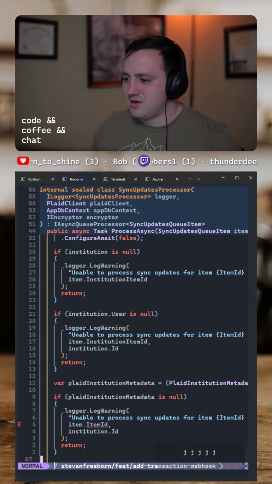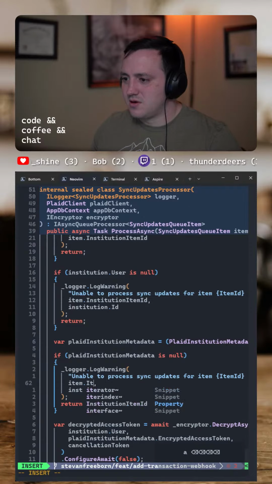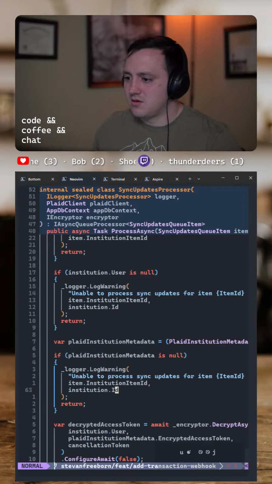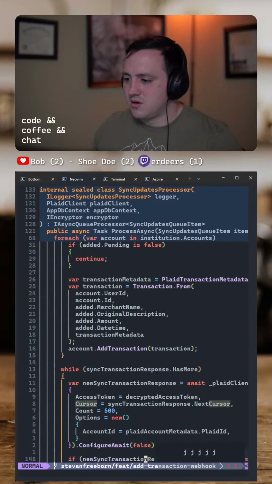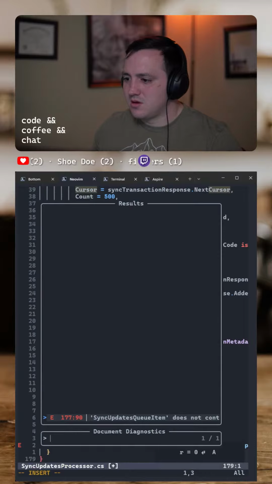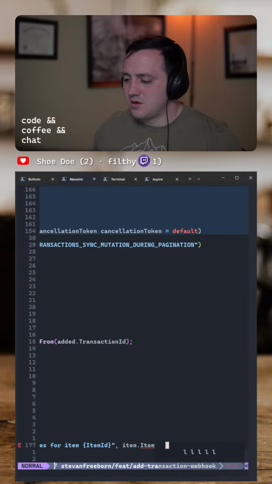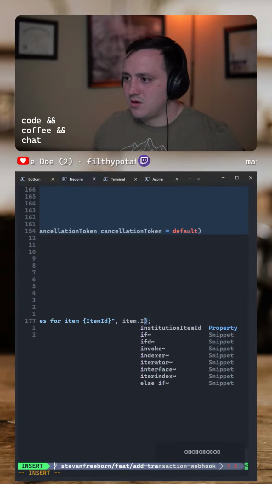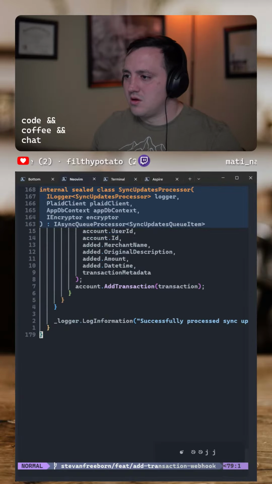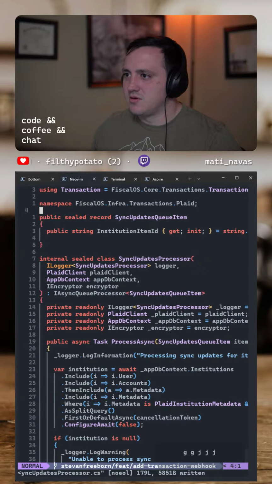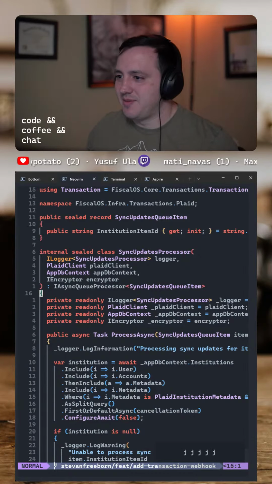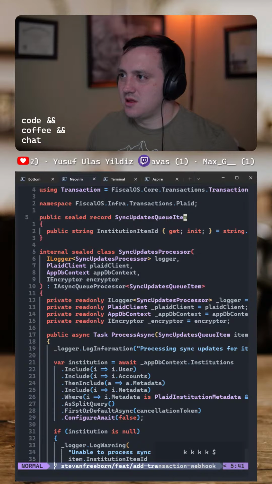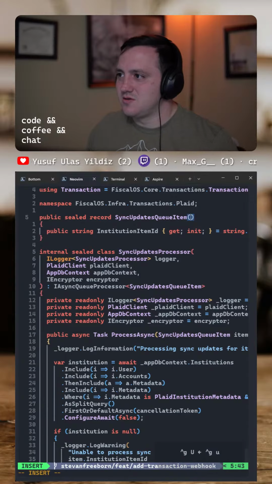Is that the only thing we need? I guess so. That was the only piece of information we needed from that webhook. Okay, so that makes it very easy. Let's actually turn this into your standard